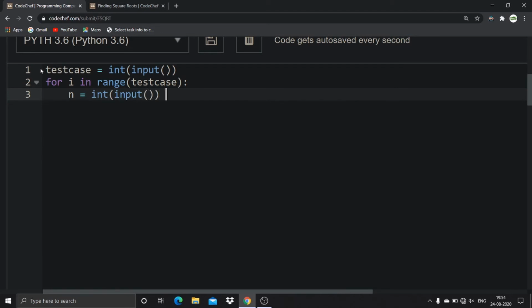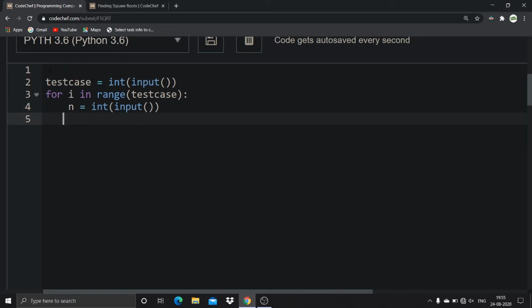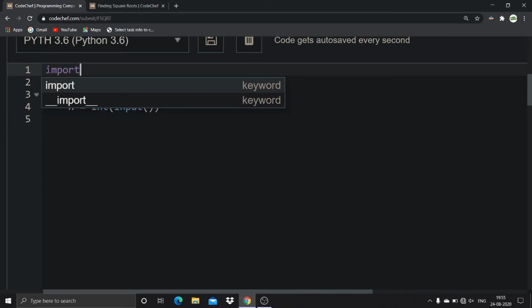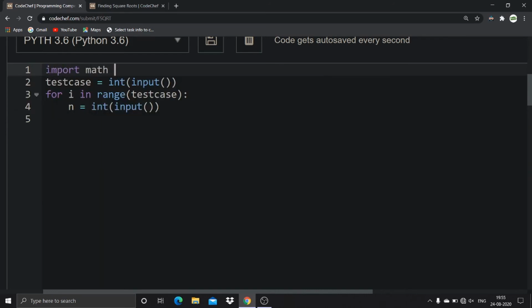In Python, there is an inbuilt package called math which contains predefined methods. There is a method called sqrt, which is nothing but square root. If you want to know more about the math package, the link will be in the description, so you can go and check it out. We will apply that square root method on the given n. Before that, you should import the math package on top of all the instructions. Now apply it by passing n as a parameter into the sqrt method.